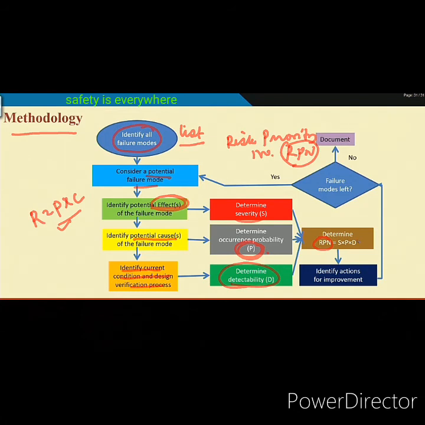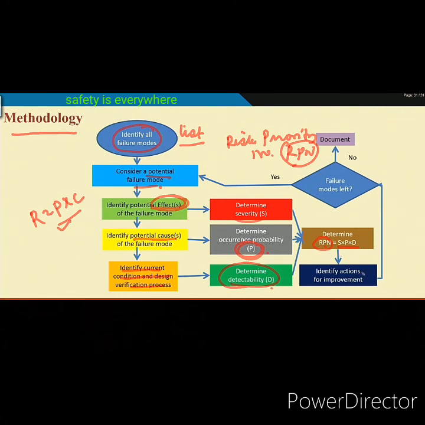Okay. That part we will discuss later, but suppose you have a scale of severity, probability and detectability separately for a particular failure mode, all three values are there, then you will find out the RPN for this failure mode. So, all potential failure modes' RPN will be identified. And then you will see whether the RPN value is significant or not, means it is high or beyond a certain value, so that it is a potential one and should be considered.